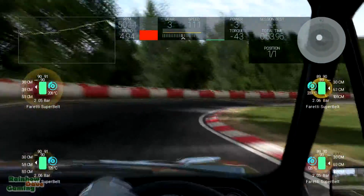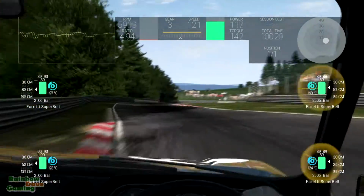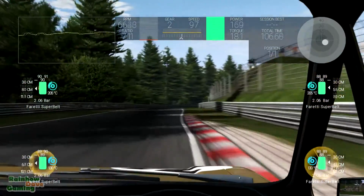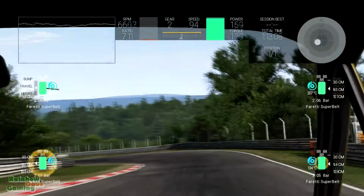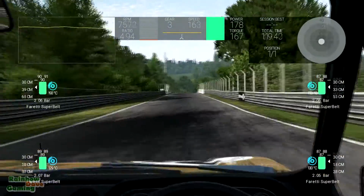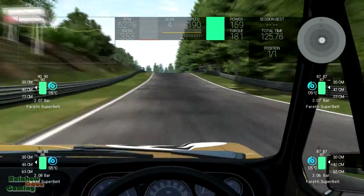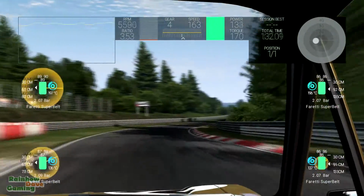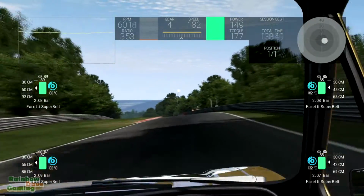That's why I'm straightening the car out in places and taking some odd lines, because the car does not like turning and braking at the same time. It overloads the tires and they let you know it very quickly. So it's not a car to go very quickly, but it's a car that'll bite very quickly. I'm not going to intentionally demonstrate the biting bit, but I can guarantee you if you get a bit too aggressive with this, it will...